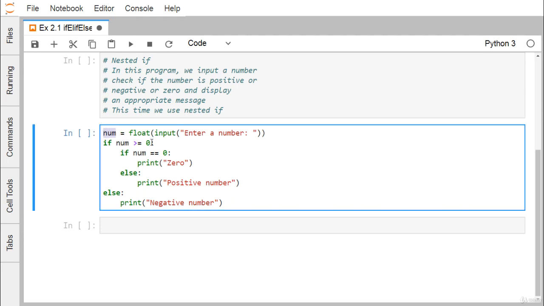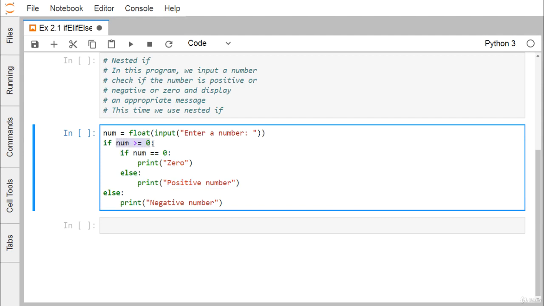If num is greater than or equal to 0, we come down to this block, and here we check whether the number is 0 or not. If the number is 0, we print the message 0, otherwise we print the message positive number.